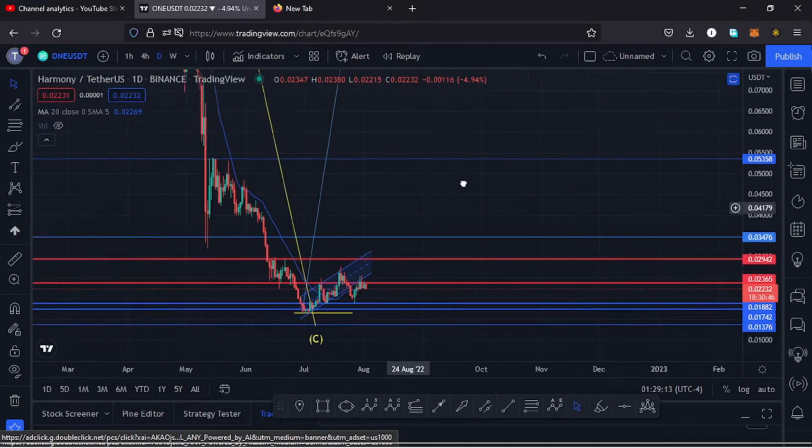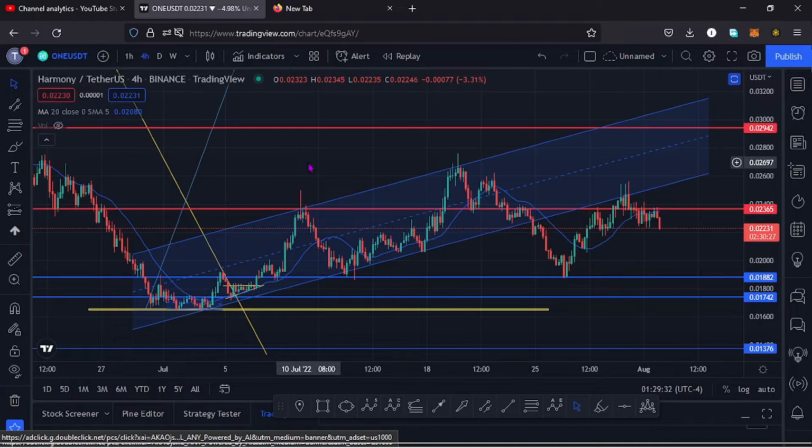So if I jump to the 4-hour chart so that we can see this better. Here on the 4-hour chart you can see from the moment we made that low at around the $0.016 mark, the price of Harmony One had been trading within this channel, and as we were trading within that channel, we were making a series of highs, pushing the market to the upper side, but at some point here they couldn't do that anymore, and the sellers took over, and once that happened we broke out of that channel to the lower side. We even lost a key area of support here, and once that move played out, we unlocked even lower prices and went to around the $0.018 mark, where we have an area of support,